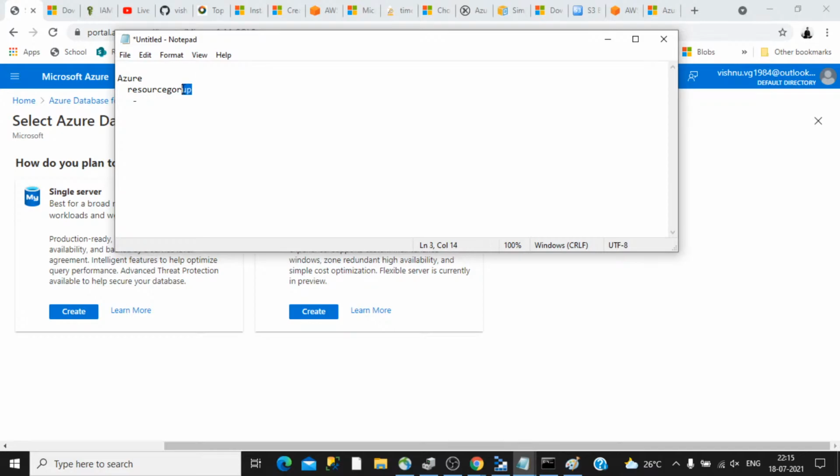Using the resource group, if you filter by resource group and the particular type of service, some kind of script like PowerShell or Bash can identify all the resources, and you can execute an action against particular resources. Maybe you can straight away delete all the different resources at that point of time.